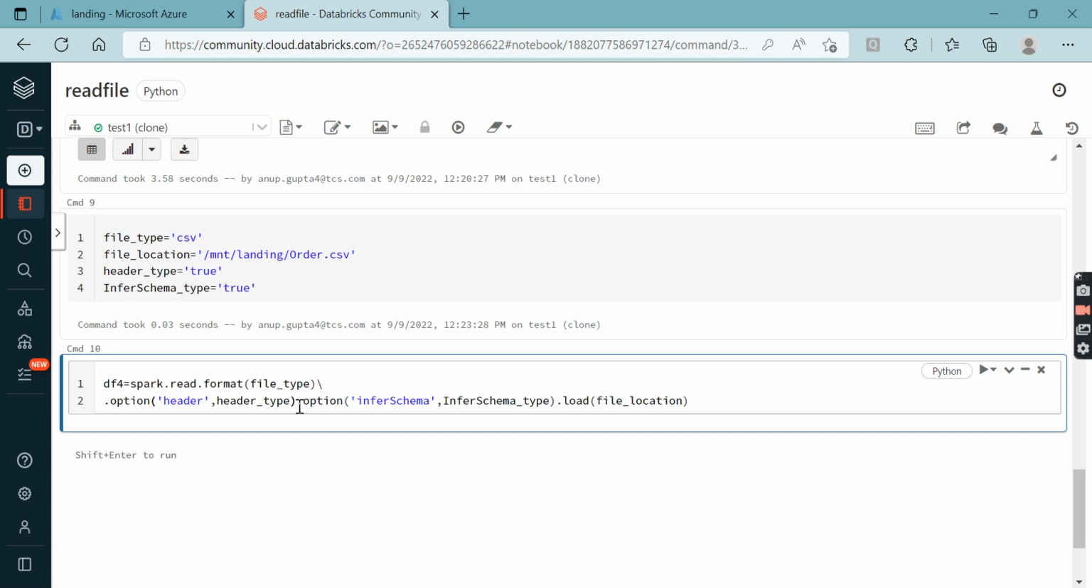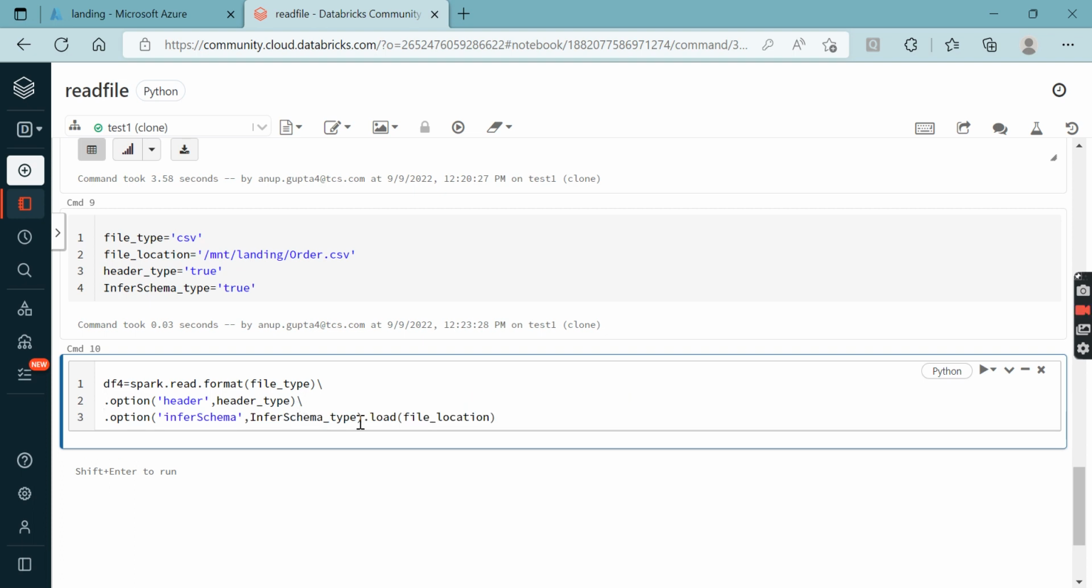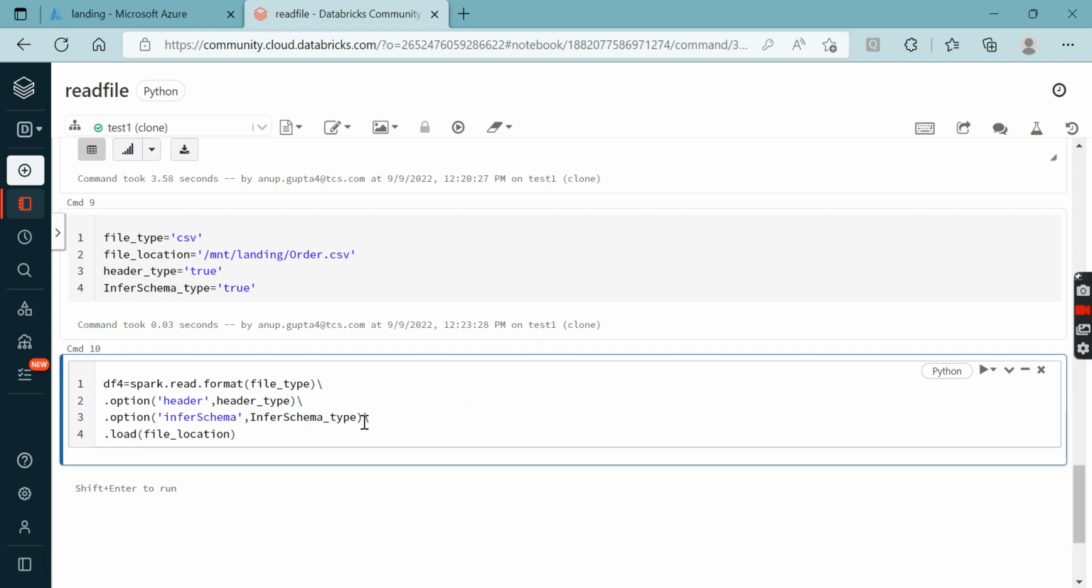Here also, if you want, you can give it. Here also, if you want, you can give it. So it defines that you are reading the file type in one line, then header type in one, inferSchema in one, and the file location in one also. So it's good, just try to run it,